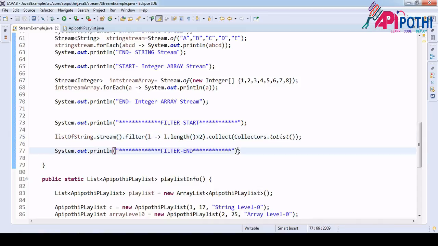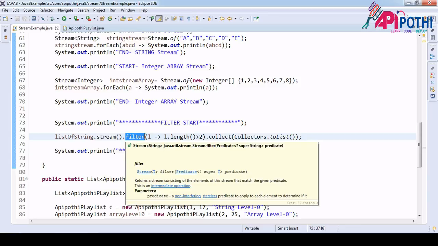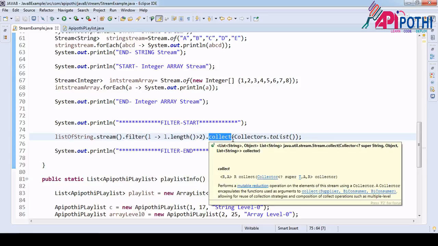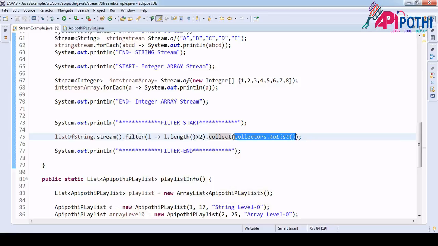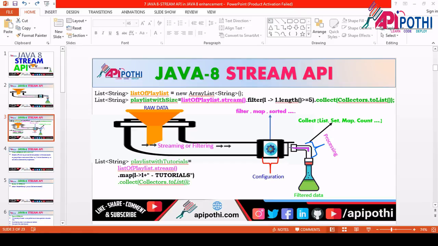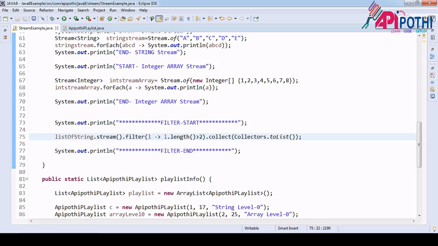Now let me help you understand how this is working. Got the data, put inside the stream. Now doing the filter. Okay, this is the business operation, and once the business operation is done, then I am collecting the data inside the list. Now here the question is why we are doing the filter? It's not that since we are in the filter slide, that's why we are doing filter. So what is the reason to do the filter?